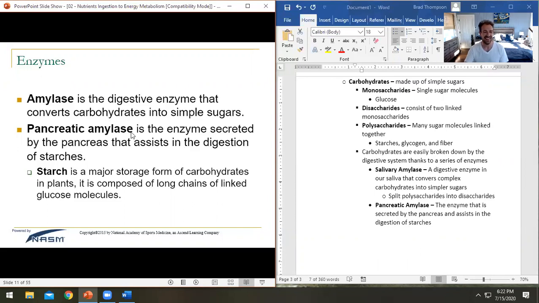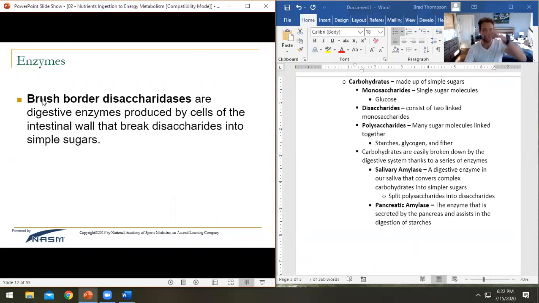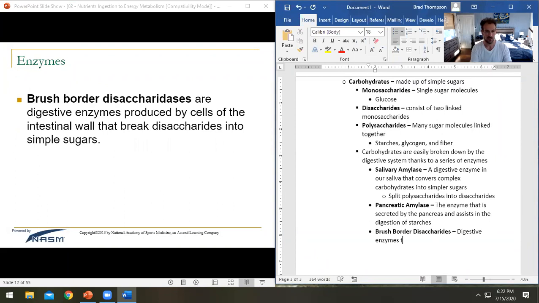So that's what amylase does. Now, you do also have one other thing, which are called your brush border disaccharides. These are really cool, actually. Brush border disaccharides are actually digestive enzymes produced by the cells in the cell walls of your small intestine, and they break disaccharides